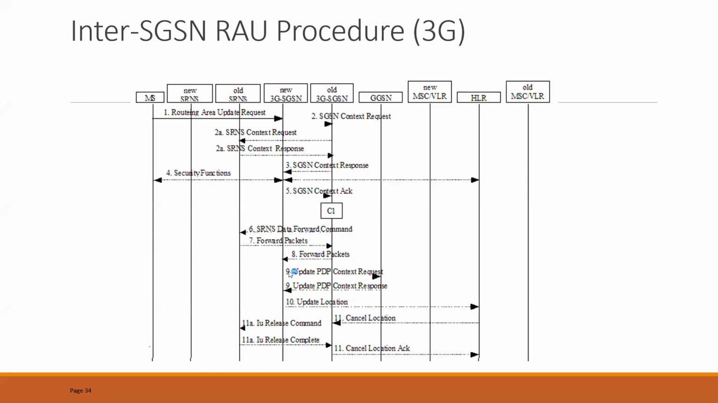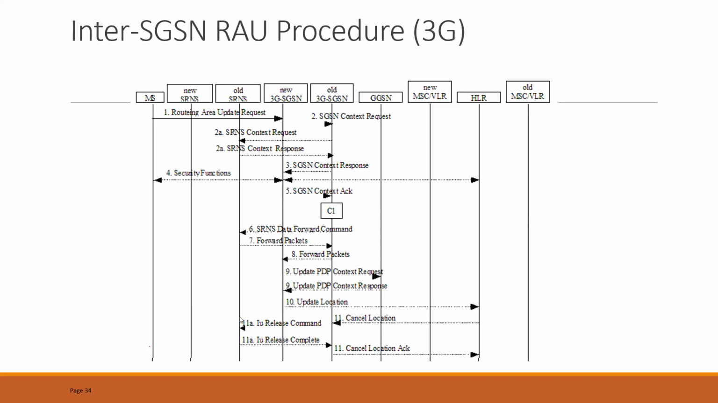Then you update your PDP context to the GGSN, informing that the SGSN has changed. You have its response. You will update your location to the HLR with the new information, the new SGSN GT and the IP address. It will cancel the old SGSN, and then once this has been done, your packets have been forwarded, so there is